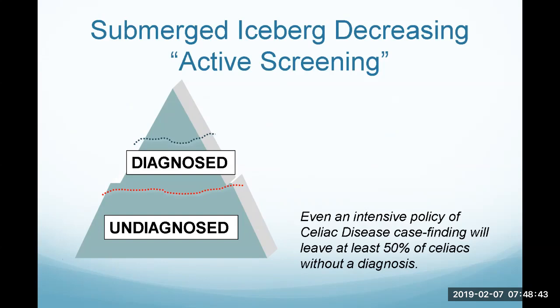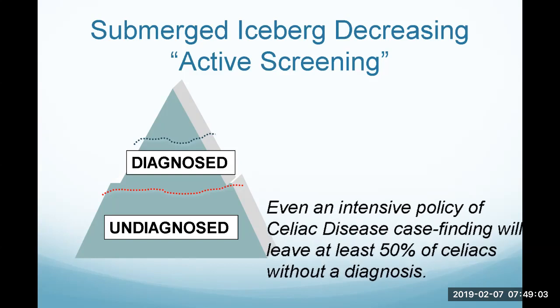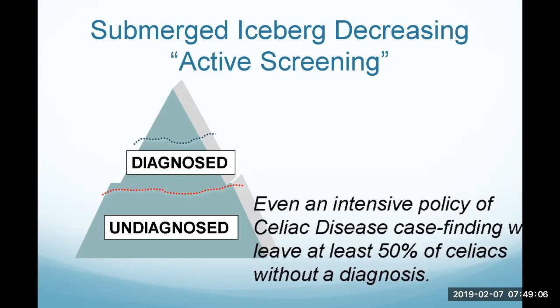So this is another diagram showing that active screening from our perspective, by the pediatricians and the physicians, has increased the diagnosed cases and reduced the iceberg size. Despite active screening, around 50% of these celiac patients go undiagnosed, and it's funny that most of the symptomatic patients have very low awareness about celiac disease versus the ones with high risk, who have more knowledge about the same.